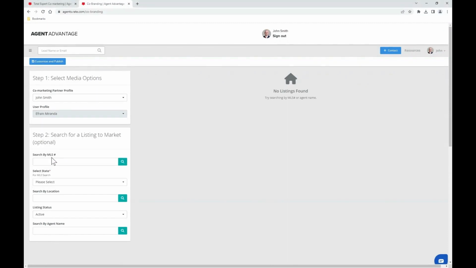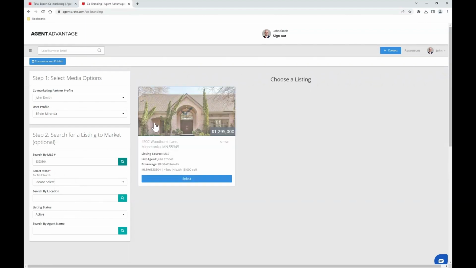And next, if your MLS is properly integrated under profile settings, your listings will automatically appear here on the right side of the screen. If not, you do have the opportunity to search by MLS number or geographical location. You may also consider expanding your search by using the listing status dropdown and toggling perhaps to coming soon. Once you have found your desired listing, simply click the blue Select button and then go ahead and click Customize